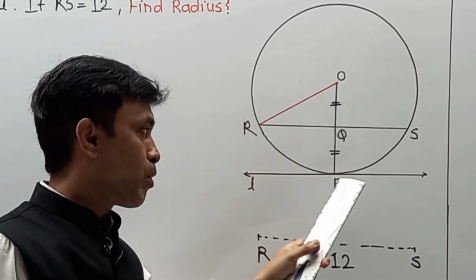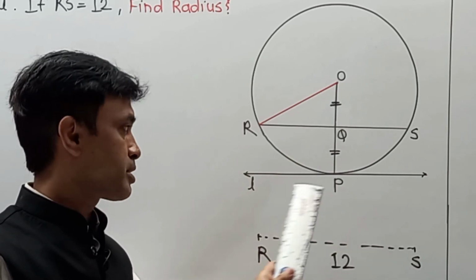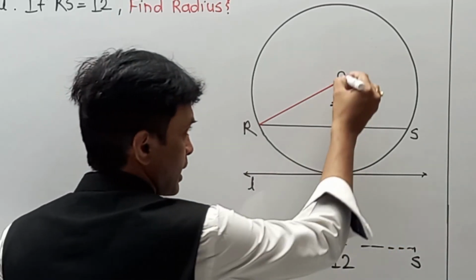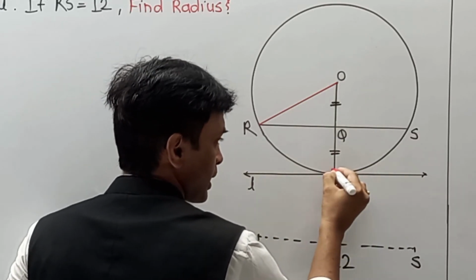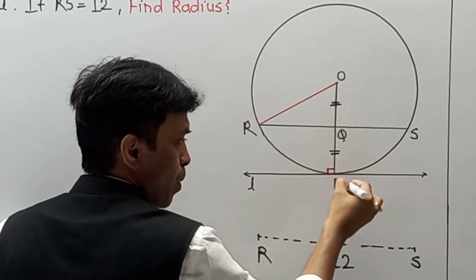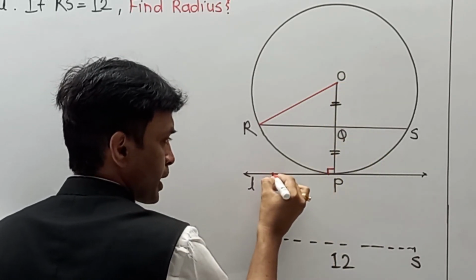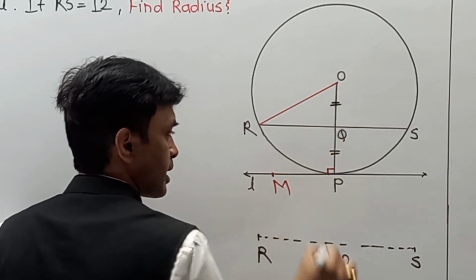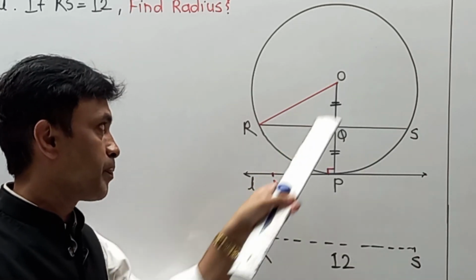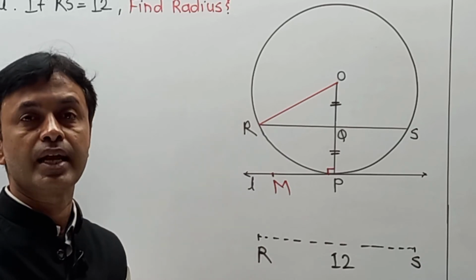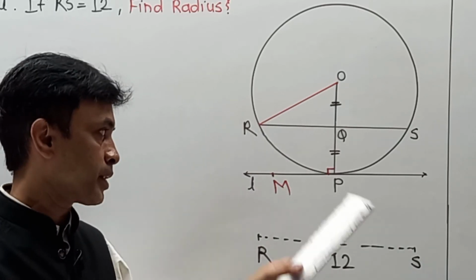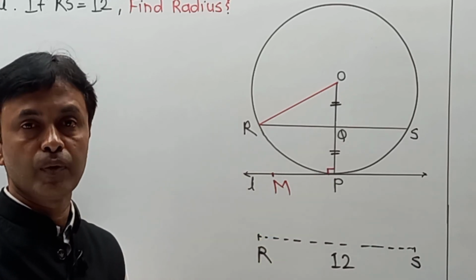First of all, OP is a radius of the circle and line L is a tangent. Naturally I can say that OP is perpendicular to line L. Now I have to say angle OP, and there is no point, so I am going to take an additional point and indicate it as M. Now you can say that angle OPM is 90 degrees. Reason: radius tangent property. This I am going to write as number 1.